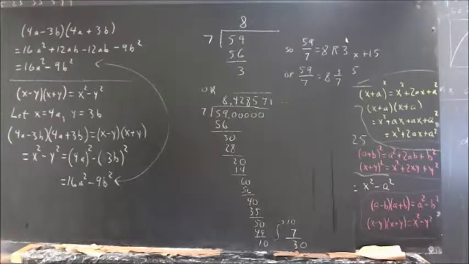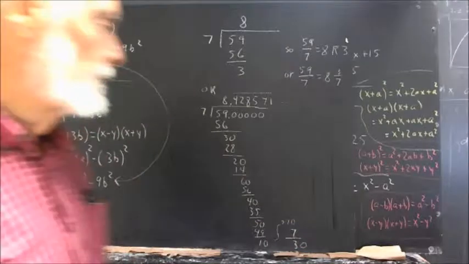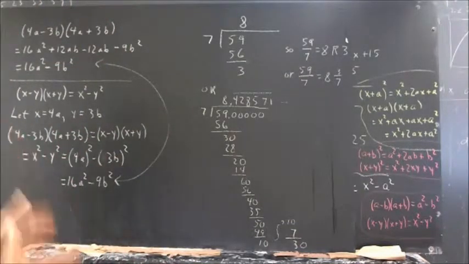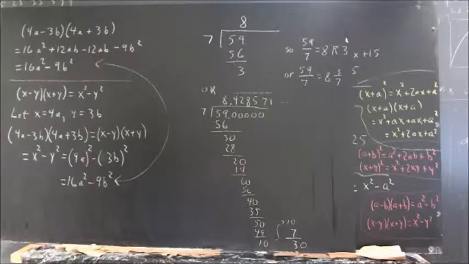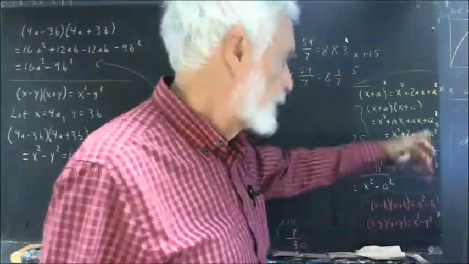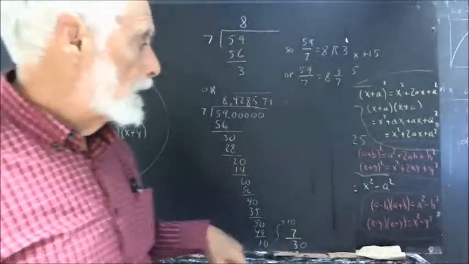Now, the special products that we've talked about here are handy enough if you want to square a binomial or multiply a sum and difference of two quantities. Even more important, though, is being able to recognize when you have an x squared minus y squared or an a squared minus b squared,